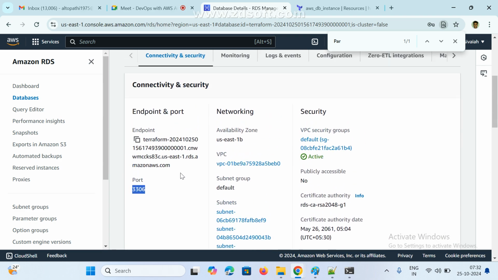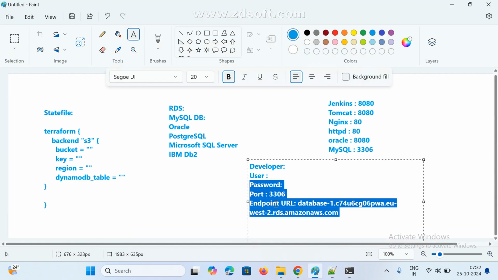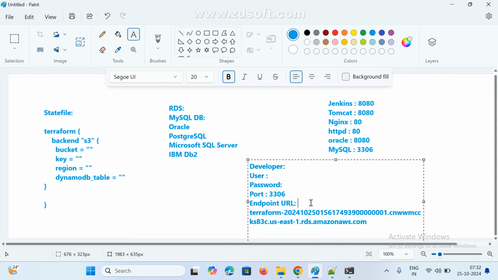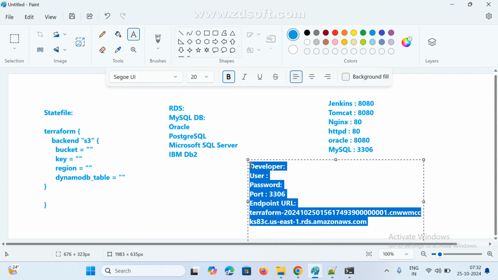I need this one. Copy this and keep it here. This is my URL. So if you want to connect to this database,